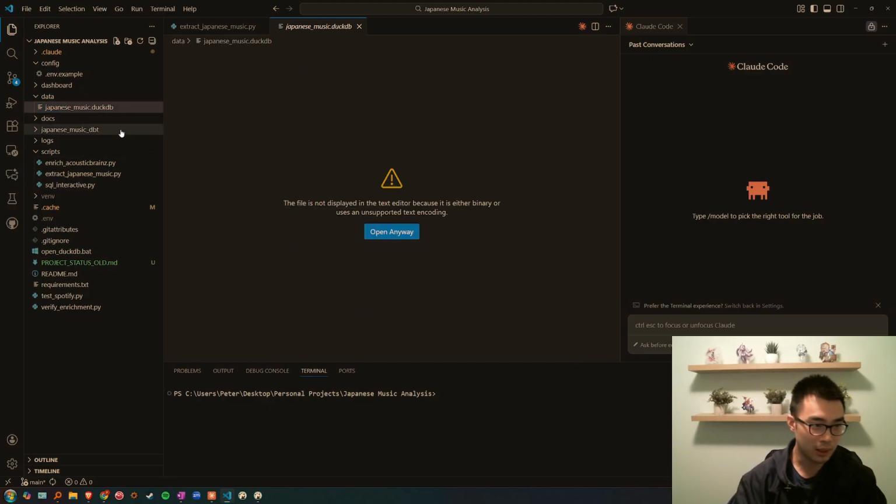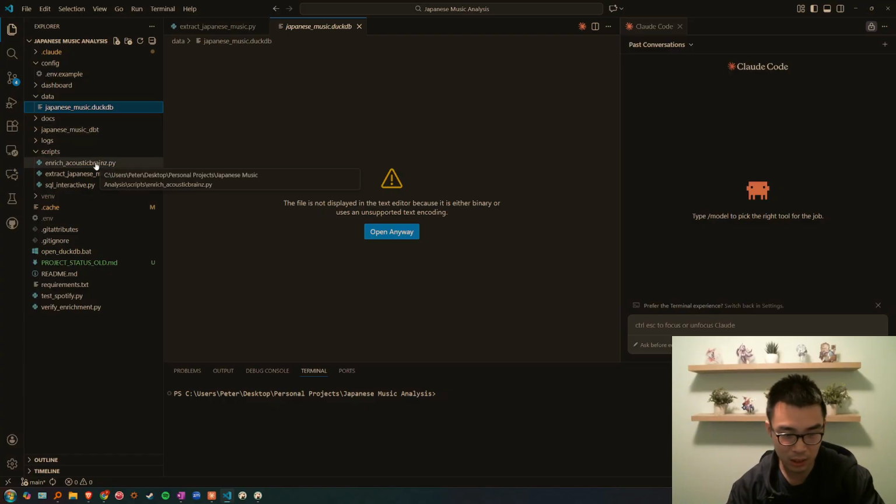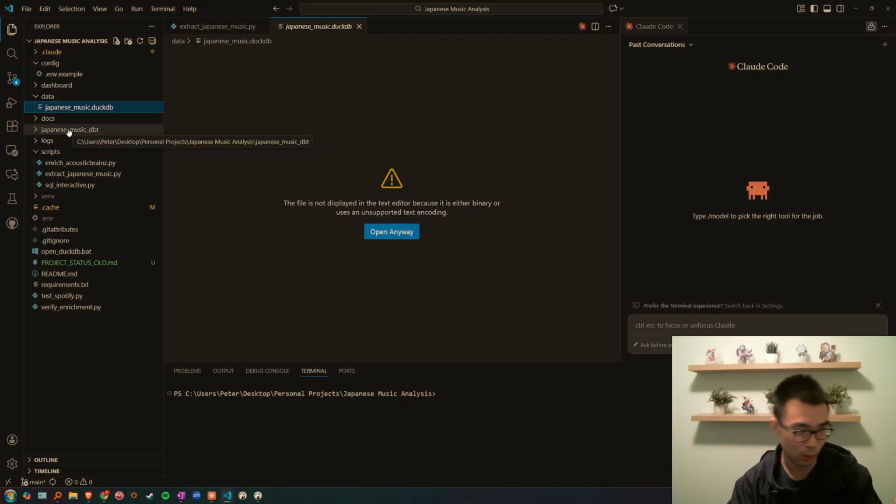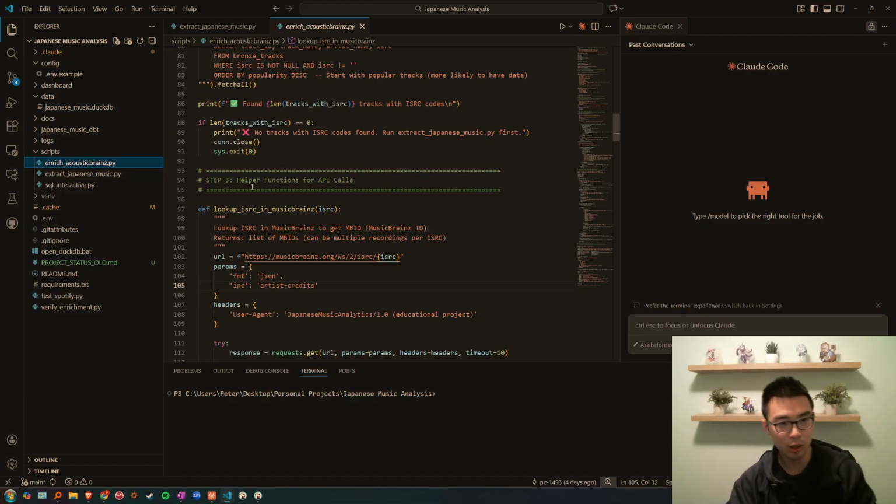Now, interesting, we can see that the way this database works is it's using DuckDB. It's just one file, and DBT is creating the different schemas and tables within this DuckDB file, which I found to be pretty interesting. Completely different from Snowflake, which is what I use at work. I thought to use DBT Core because I do use DBT Cloud at work, and DBT Core is just a free local version of that. So it was interesting.